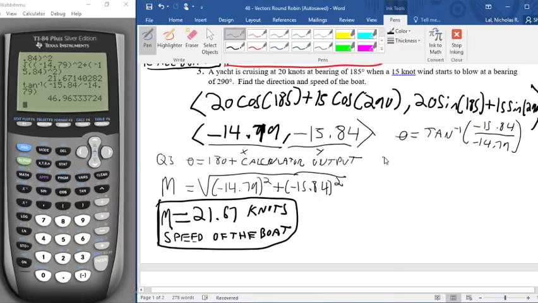So theta is equal to 46.96 degrees. But remember, we're in quadrant 3, so to find our reference angle in quadrant 3, we have to